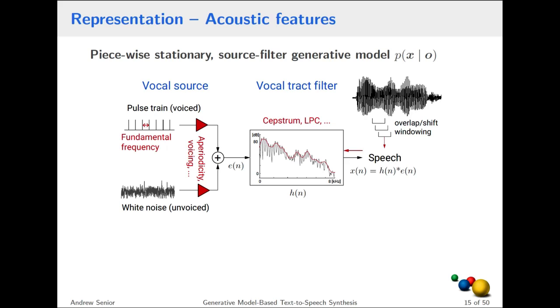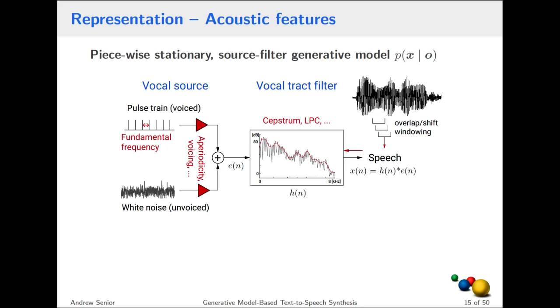So one way of modeling speech is this source filter representation. The idea is that speech sounds are either modeled with a pulse train or white noise as the fundamental source, and then we can modulate that with a set of filters, so we have the vocal tract opening and shutting, generating voiced sounds, which are modulated by the vocal tract, or say fricatives like the f and s sound, which are more like white noise, and then we can still put a filter on those to change the spectral characteristics of those to get different